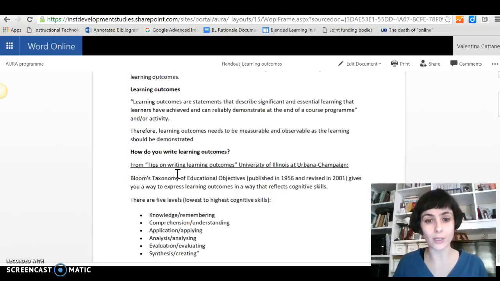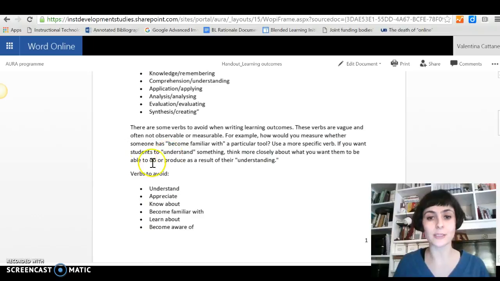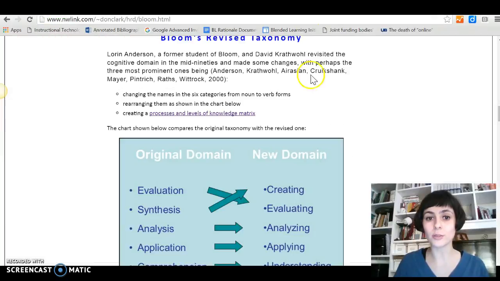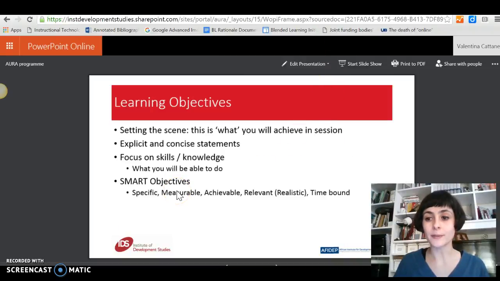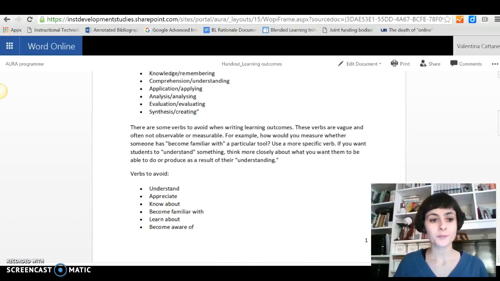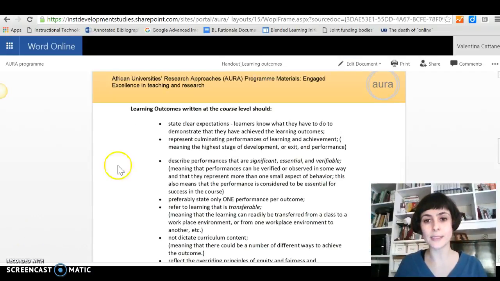that can support us in writing learning outcomes, making sure that we avoid, for instance, the use of verbs like those listed in the handout that you will be given, that are too general and therefore quite difficult to measure, and this is one of the elements that we mentioned in the SMART definition of a learning objective. Without going into many details that you can find on the handout on tips on what to avoid and what